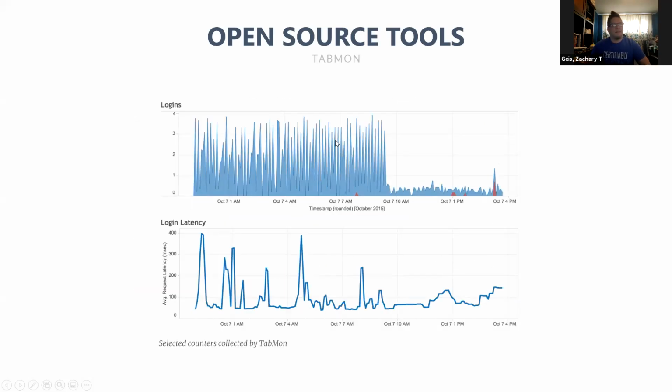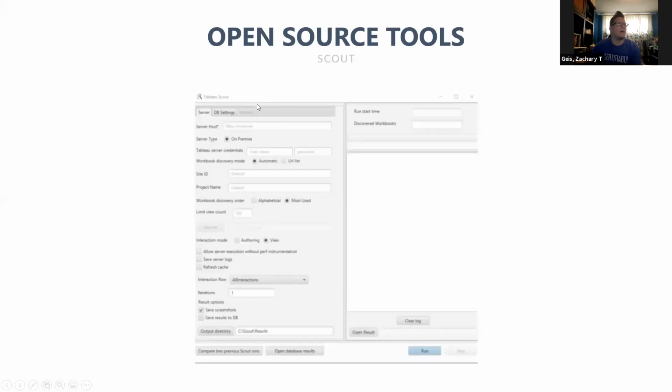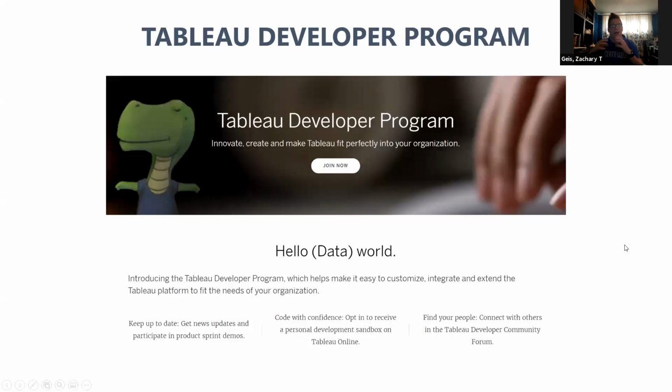And then Tabmon, this looks at the machine itself. This is going to tell you information that's captured through some of the Windows performance monitoring capabilities, and show you logins and latency, and what actually is the utilization of the CPU and other things like that. And then Scout is a nice application to look at just one workbook, in a very specific lens, and look at it in two different environments just to see what it's going to look like in one environment versus the other. Now, I said I'd get back to how to get your own personal